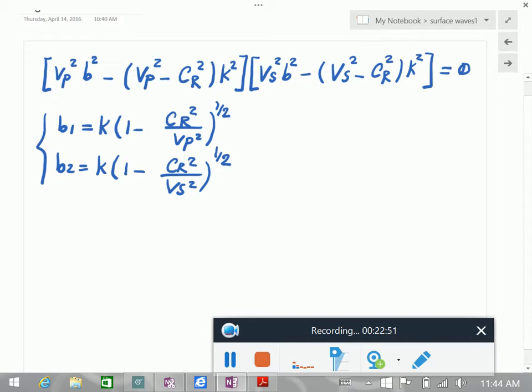We had this condition that B1 and B2 have to be positive, and they are real and positive when